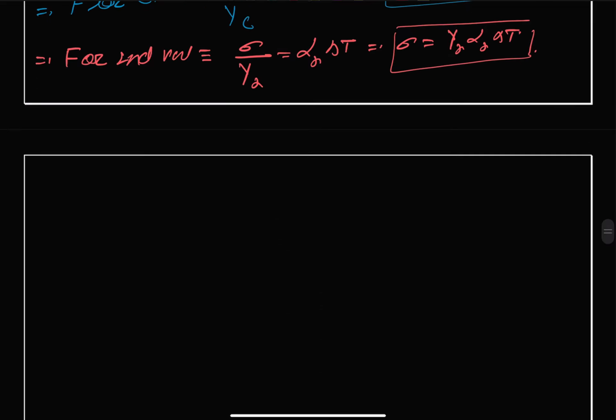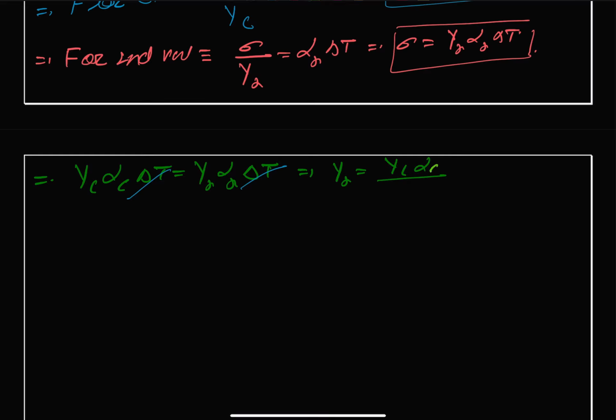So this gives us that our Yc, alpha c and delta T is equal to Yx, alpha x and delta T. Delta T cancels out, and from here we get our Y of x is equal to